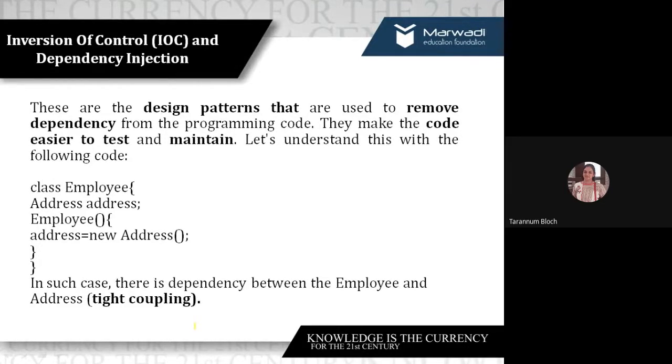Now we're talking about inversion of control and dependency injection. As I told you, there are design patterns, and I said MVC in the last lecture, I guess the last to last, when we discussed object-oriented analysis and design, and I said there are some common solutions for common problems.